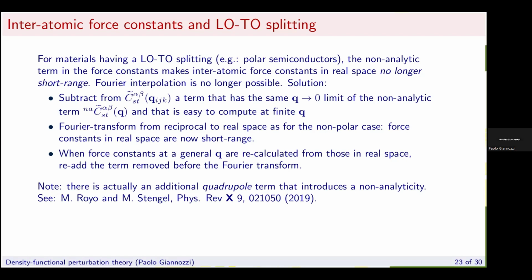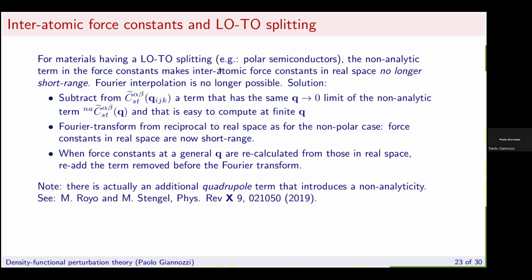Of course, at Q equals 0, there is nothing to subtract out because it's not present at Q equals 0. But at finite Q, you have to remove this term in order to have an analytic and well-behaved force constant at finite wave vector that, once transformed back from Fourier space to real space, gives a short range force constant matrix. So the procedure is basically the same, but you have to subtract out